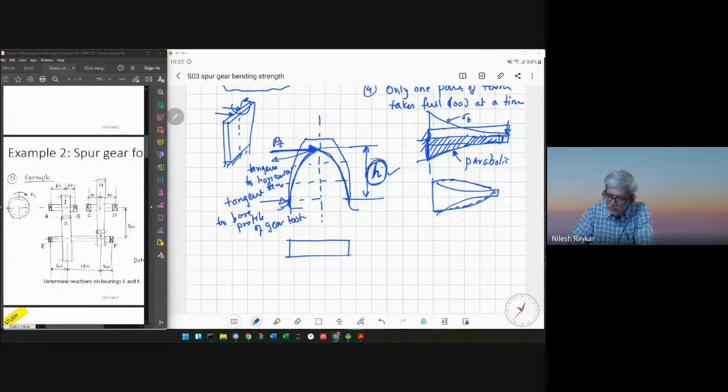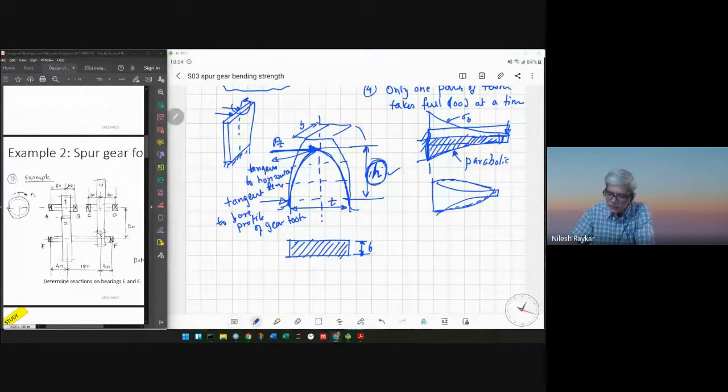So the parameters which we require are, one is T, which is the base thickness of the gear tooth, and second is the face width of the gear tooth. This is the face width of the gear tooth, which is in the third dimension. So this is dimension B. This is the cross section on which the calculations are done, and whatever bending stress there is in the Lewis formulation, this particular stress is constant throughout the length of the tooth. It's that virtual tooth which we considered inside. So those stresses are constant.